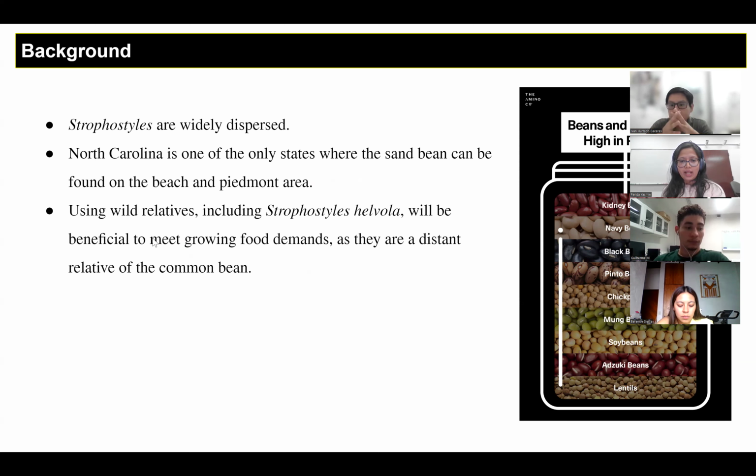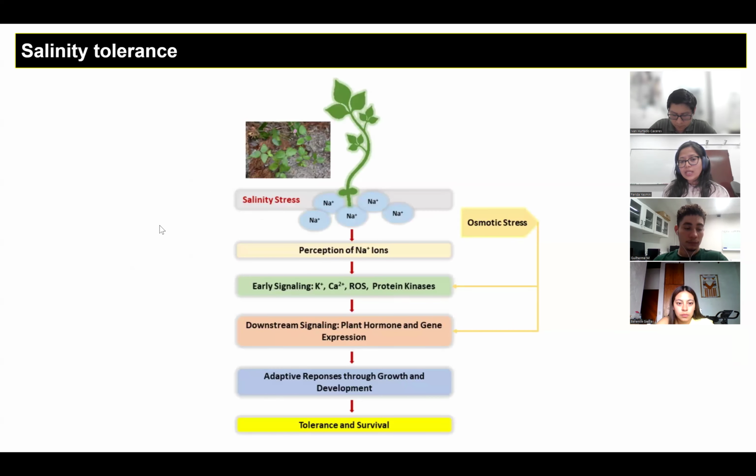Using these wild relatives, we can actually improve the common beans, like how salinity tolerance works, because one of the focuses is the sand bean, which is highly salt tolerant, and there are many interconnected metabolic pathways that respond to saline conditions and help plants survive in this adverse environment. So focusing on this